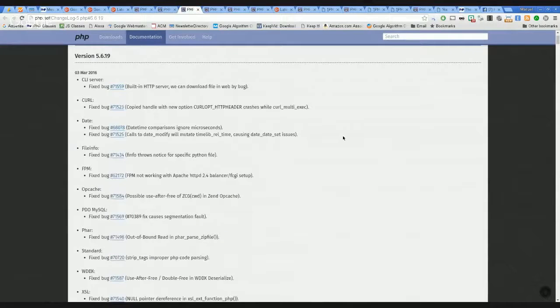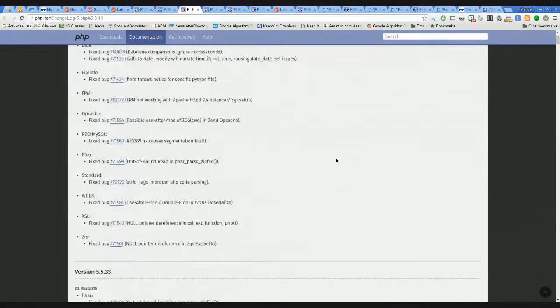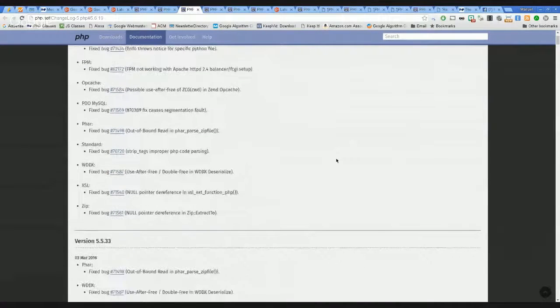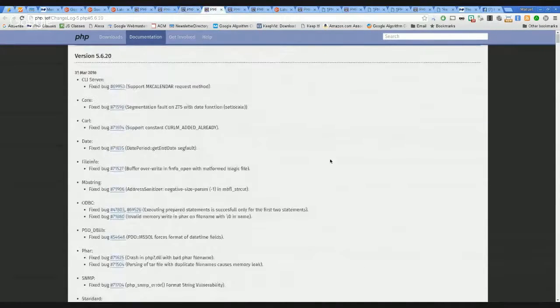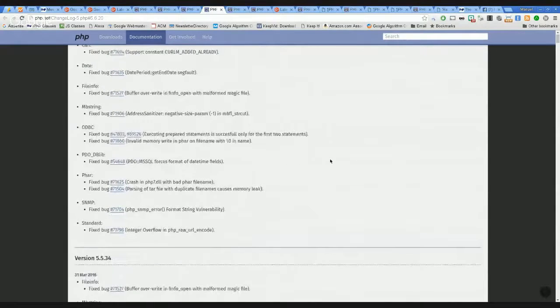For PHP 5.6, there are also the same security bug fixes, and then there are others. I don't see anything very specific that is worth calling attention to. But as always, if you are using these PHP versions, your duty is to take a closer look and see if any of these bugs affect your code.